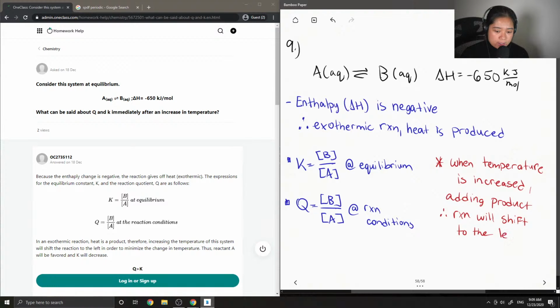So to our reactant side, so when reaction shifts to the left, then the value of K decreases. Okay, so A is favored. And the value of Q will be greater than K. Because at reaction conditions,